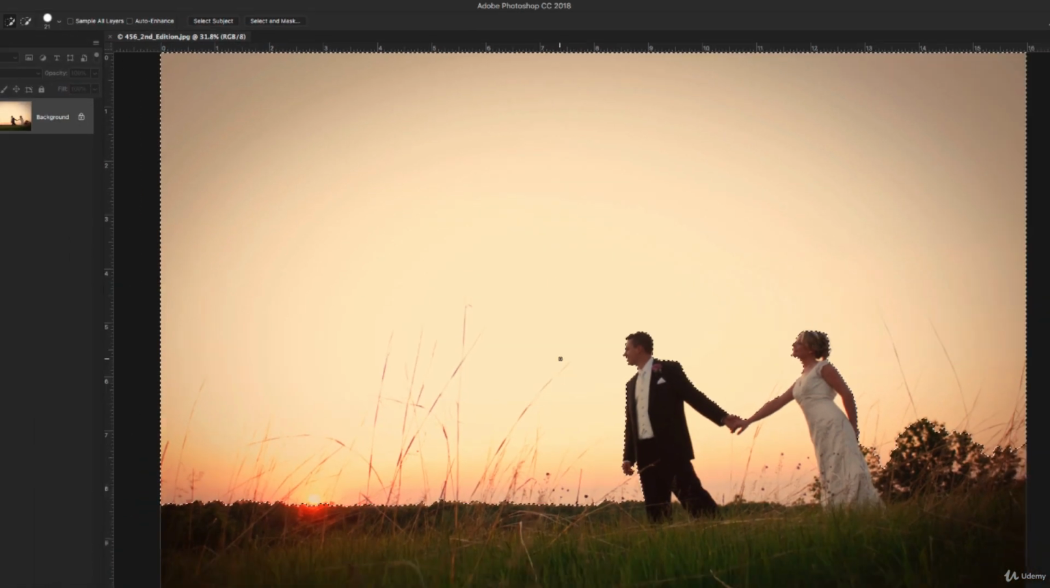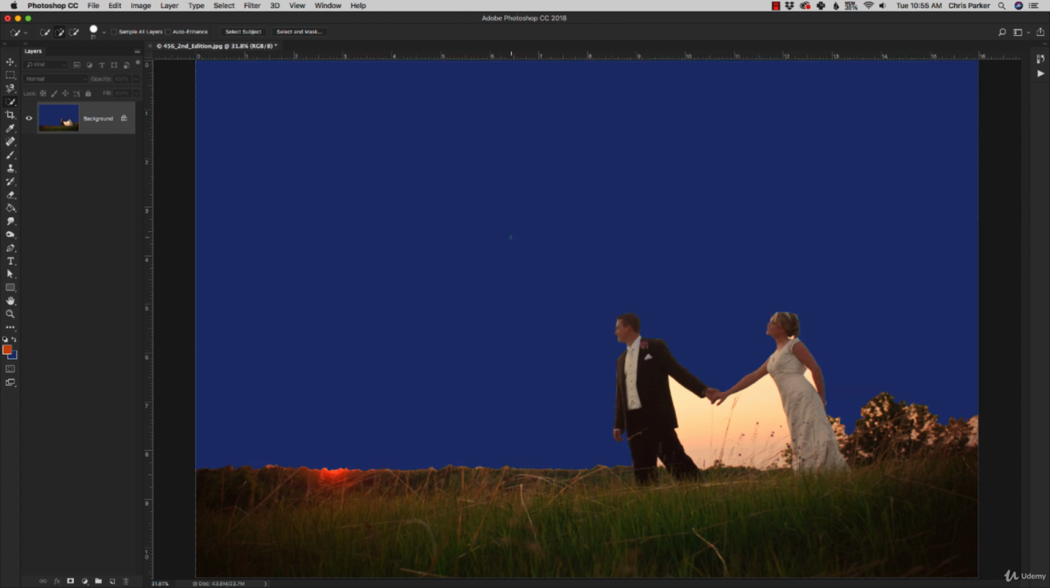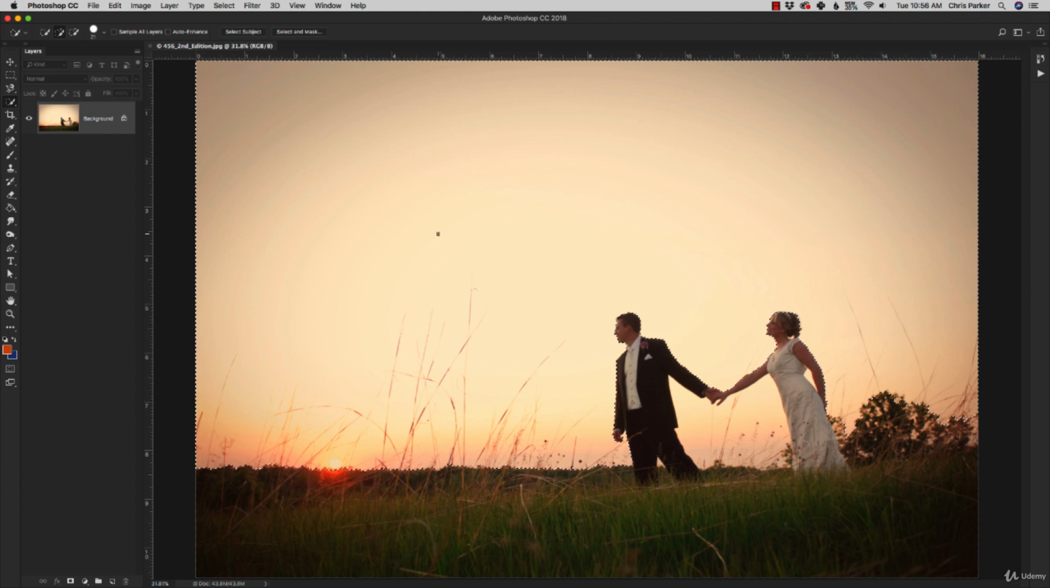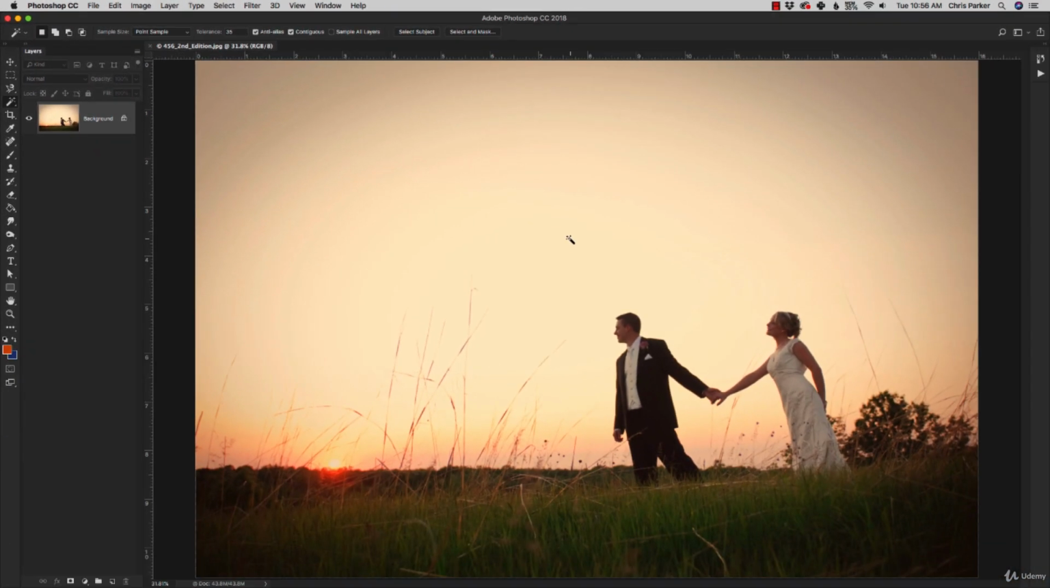And boom, just like that, I have the entire sky selected. If I delete that, you can see that I selected that part of the sky. So that's a lot quicker than using the magnetic lasso tool and trying to go around everything, right? But if we take a look at our magic wand tool, it's even quicker depending on the tool options that